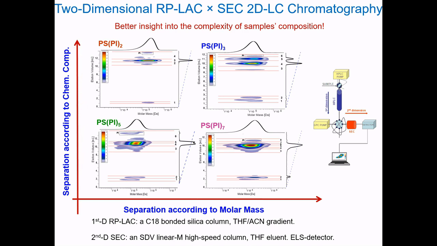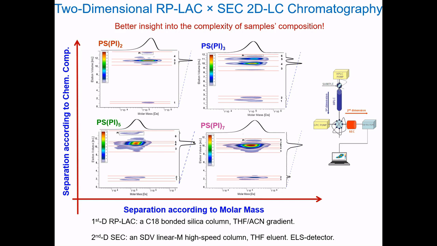In the second dimension, each fraction coming out from HPLC is eluted by size exclusion mode according to the hydrodynamic size. The number and shape of the eluting spots in 2D plots depend on the type of Miktoarm star. 2D plots clearly reveal the presence of several constituents in the samples. However, exact identification of individual constituents coming out either from HPLC or the 2D system by using only the concentration detectors